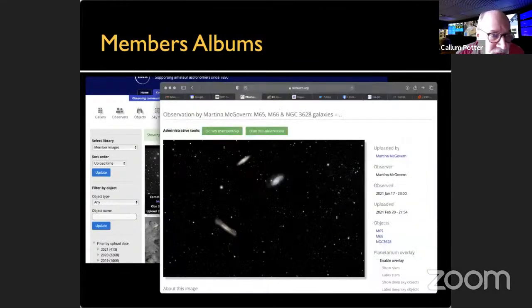And here's an image from Martina McGovern of the Leo triplet. But one of the great things about this is the ability to tag the objects within the image, and also the plate solving capabilities. So Dominic Ford wrote this software, and it will use astrometry.net type of software to plate solve the images, and then you can overlay deep sky objects and grids and all sorts of interesting things.